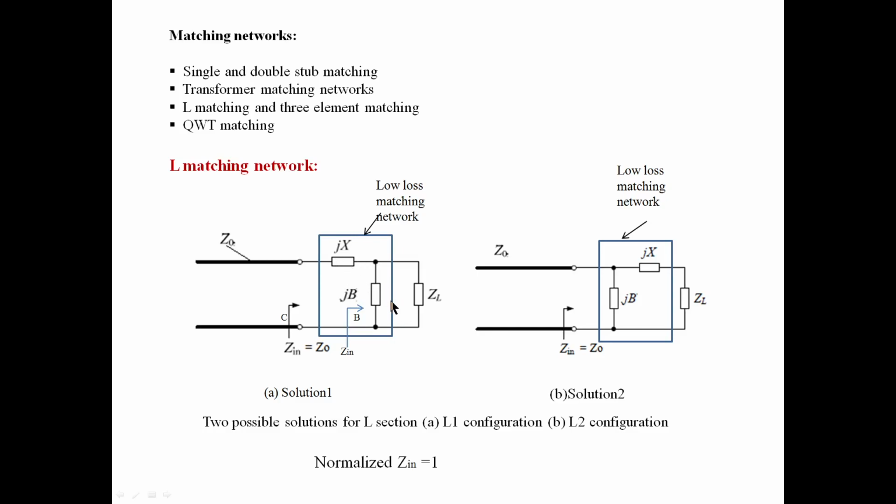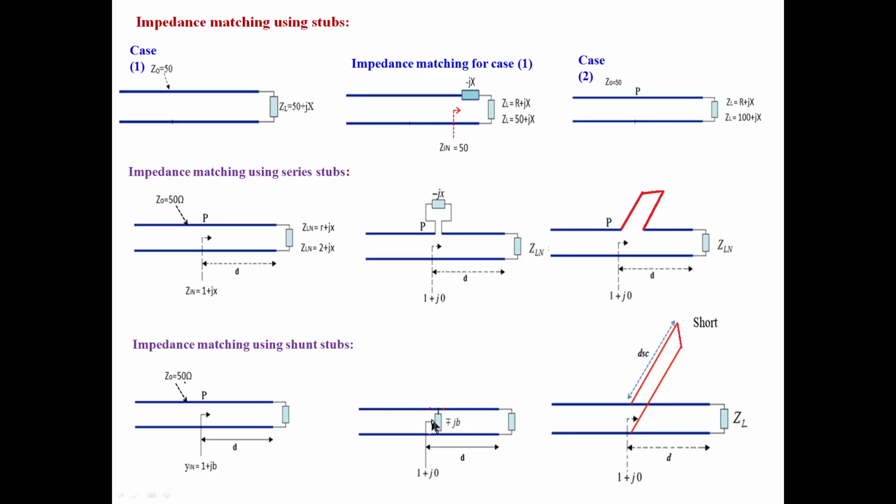These two may be either a capacitor or an inductor. Next to the load we are inserting them, not at any position over a transmission line. This is the one end of our transmission line, but we are adding here. You should not confuse this with the previous single stub matching, that is a different case. Only one element we were using in single stub matching, only one matching device.